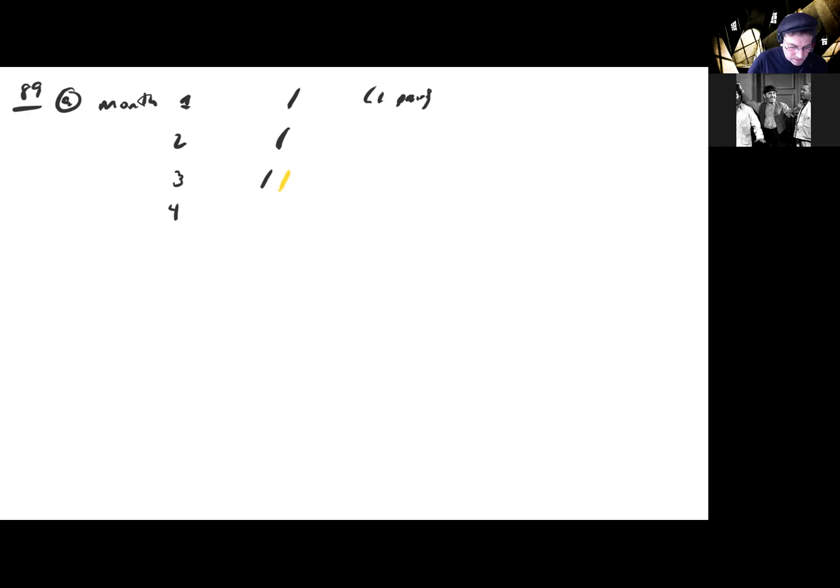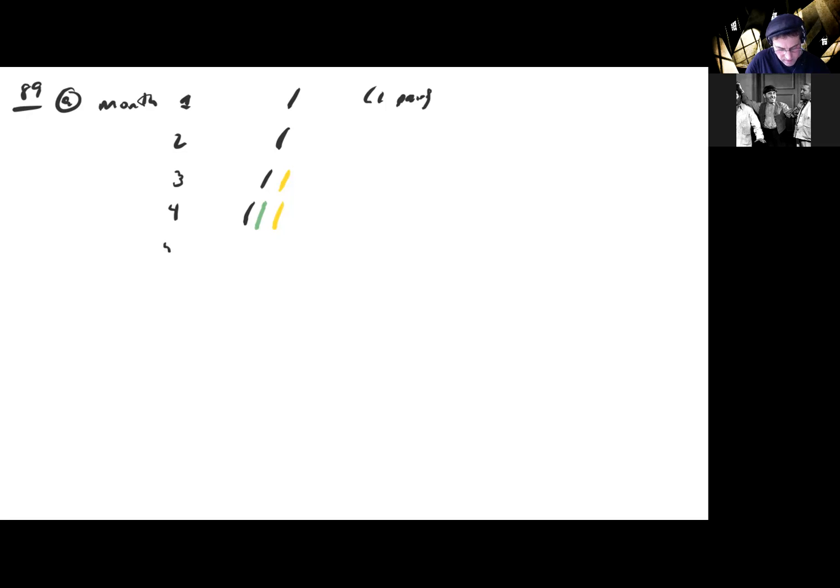So now what happens in month 4? In month 4, my black pair can reproduce again. So then I get 2 pairs. Okay, so I want to do that in black, and then I have a new pair, which I'll write in green, and then we have my yellow pair. Okay, so there are two yellows on the board. That means